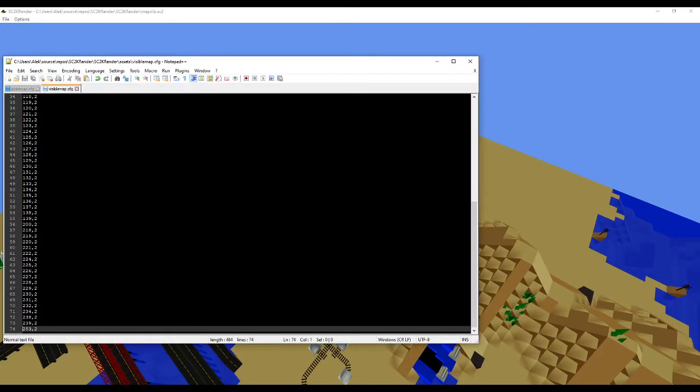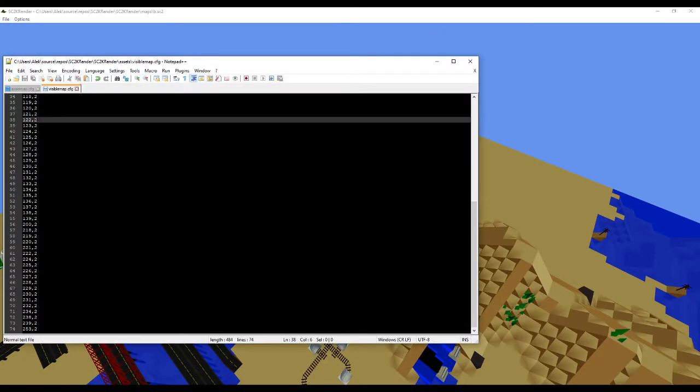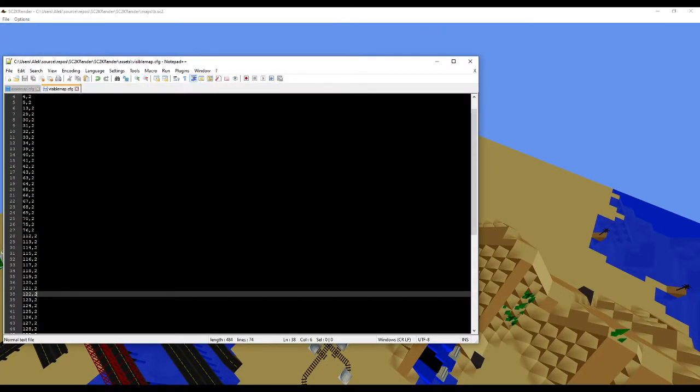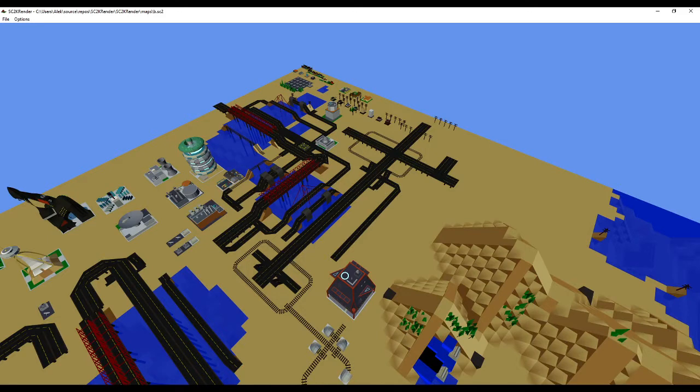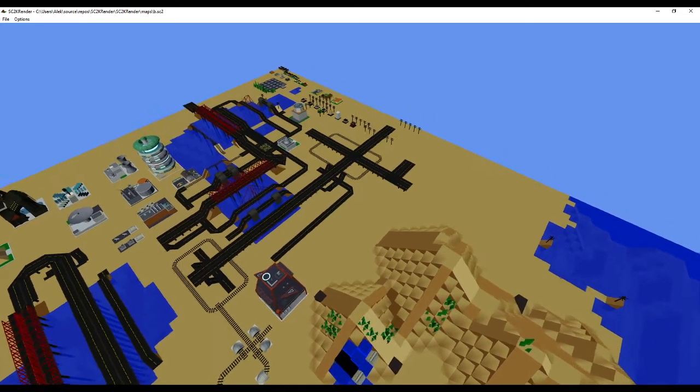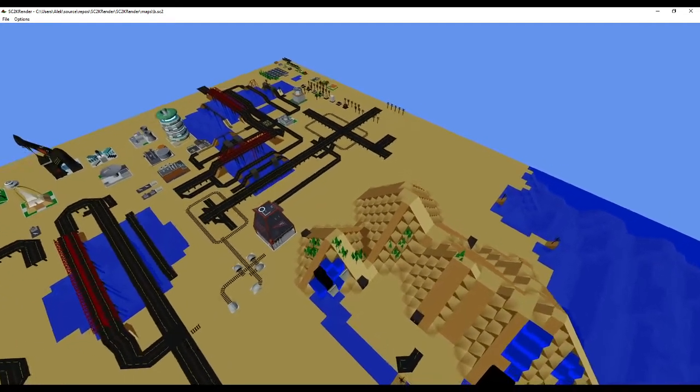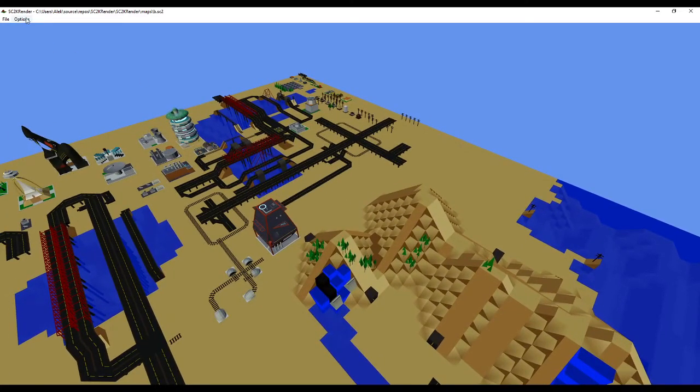Oh yeah, let me go back to here. So this 2, what this 2 stands for, let me actually bring up the code. Yeah, so the 2 stands for model visible. So what that means is when the model is visible, the tiles don't render. But when the model is invisible, the tiles do render. And that's particularly useful for